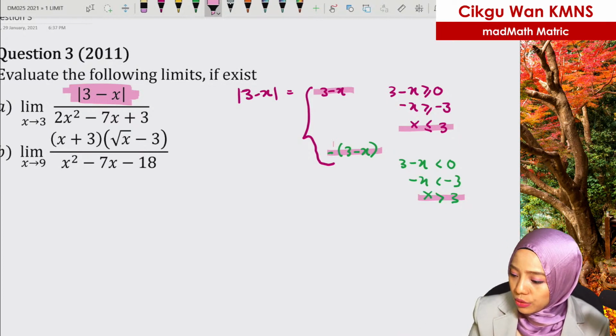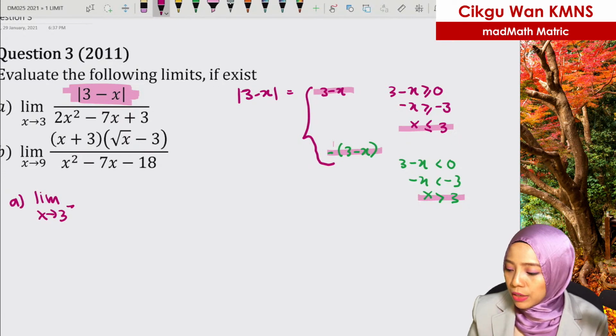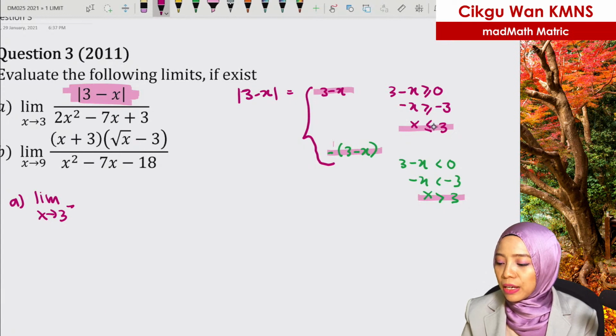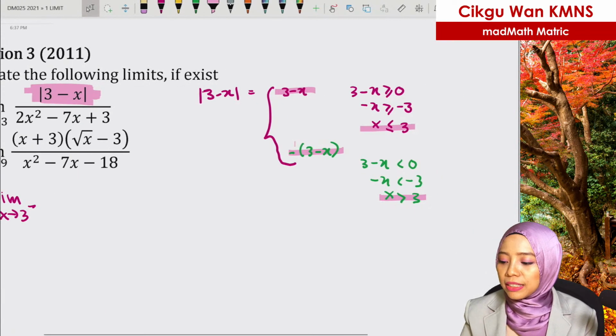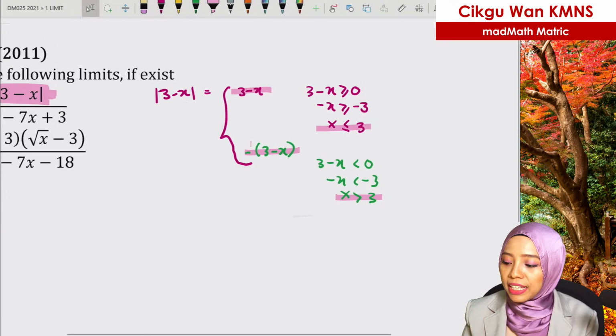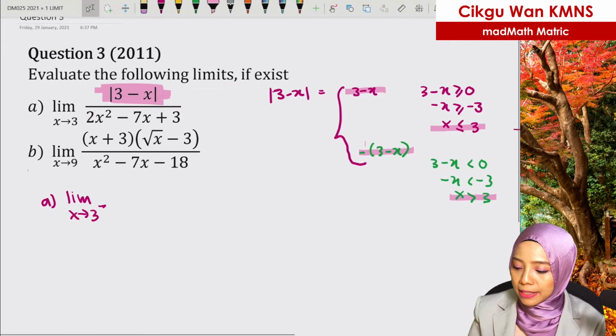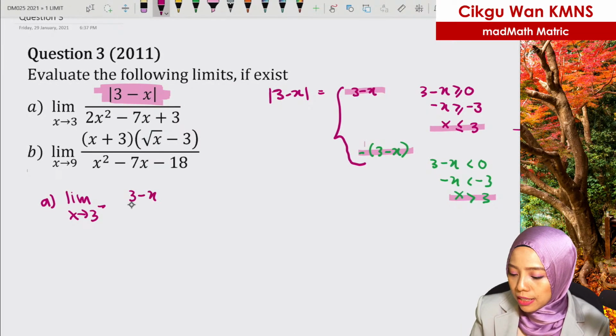Okay, so let's do this. Limit as x approaches 3, okay, from the left. So from the left we are taking now. That's why madam said earlier it doesn't matter whether the less than has an equal or not. What matters is that at 3, it wants 3 from the left. So from the left here, the function is 3 minus x. So 3 minus x over